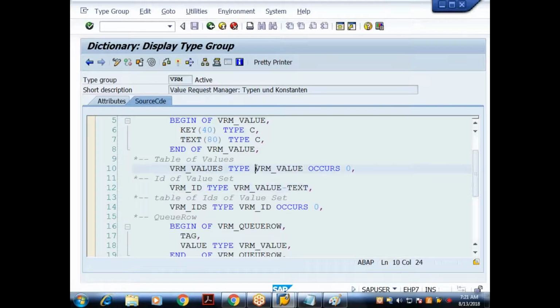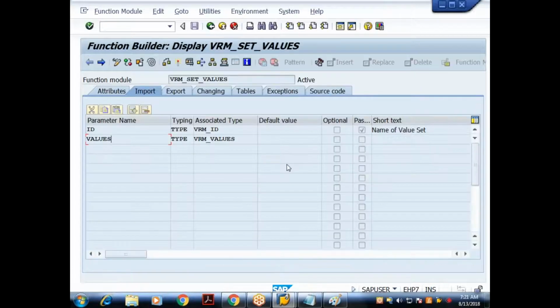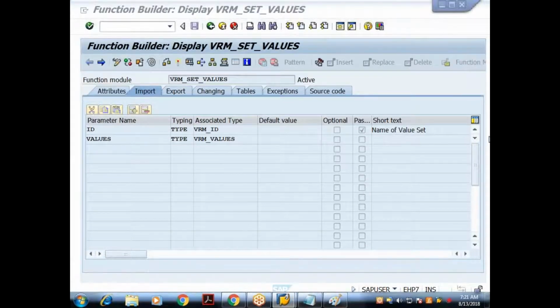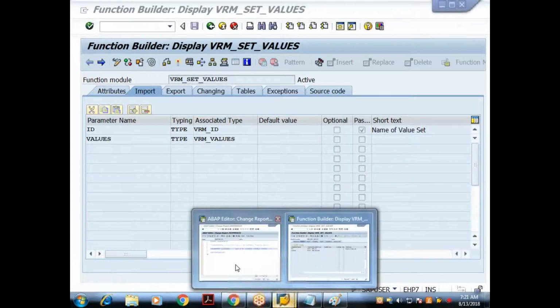So based on this VRM_VALUE, I need to prepare an internal table. Any questions so far, please ask me. Done, so let me prepare it.